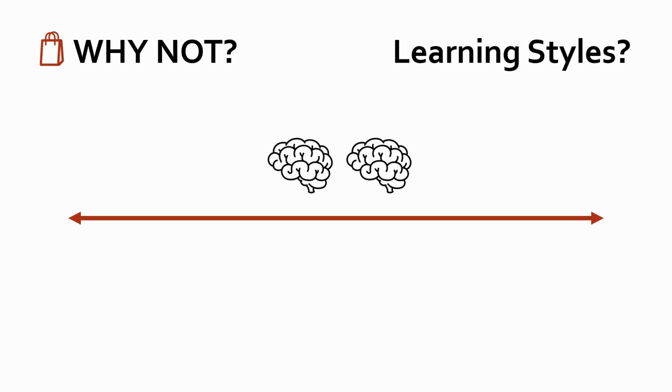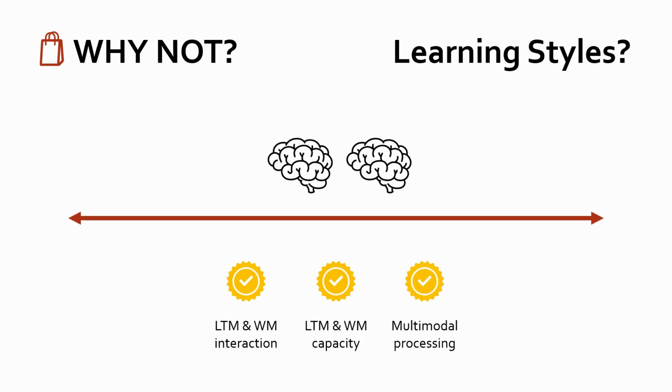For example, the way the long-term memory and the working memory interact is largely similar across individuals. The capacity of the working memory is largely similar across individuals. And one of the key similarities is that near enough everyone is able to learn under a range of different modalities and methods of instruction. And on this point, it appears to be the case that multimodal learning, where modalities are matched to the topic rather than the student, is probably better for everyone, including those with SEND, and perhaps even especially those with SEND.